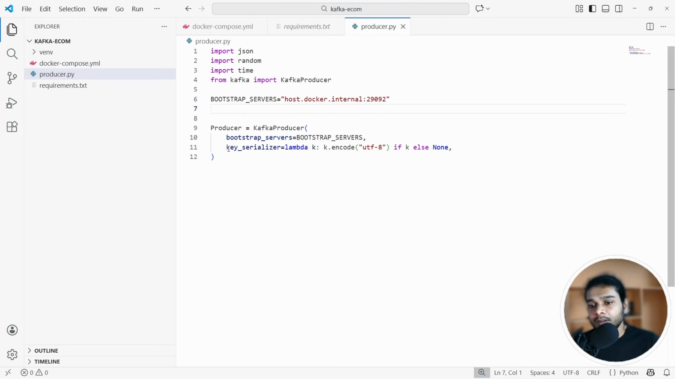Okay, that is done. And then we use key serializer, because the data that we're going to send will be key-value pairs, not just values. To segregate according to the users, I'm going to separate them with keys. And the keys here will be the user IDs. I chose this to make it more accurate to a real-world project,